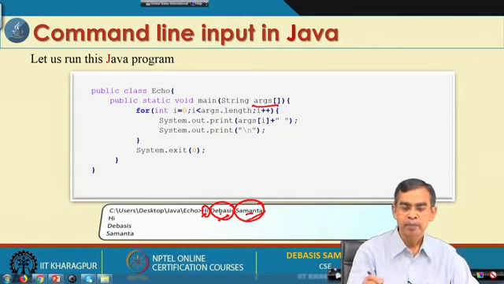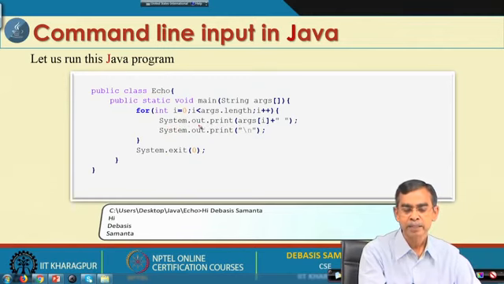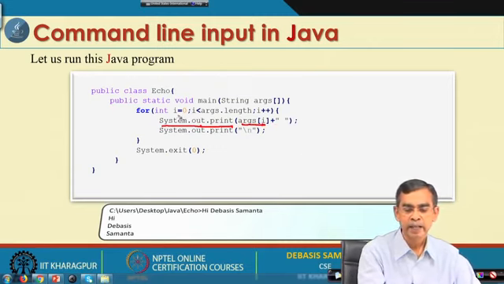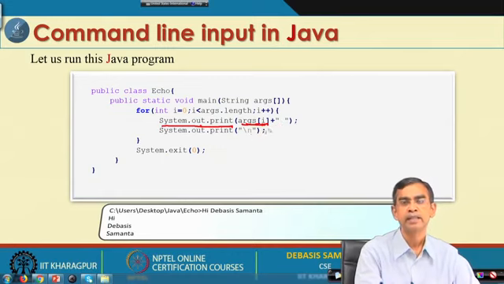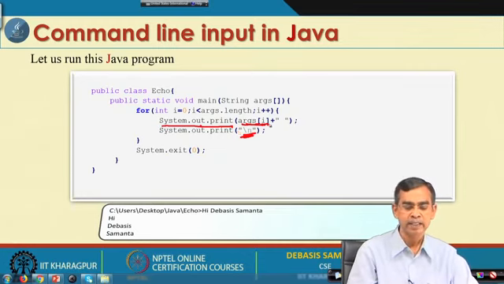So, now you come to this for loop, then this for loop starts from i equals 0, and for the first system dot out print it will print args 0 and then a space, then go to the second i equals 1, it will print args 1, then space, then it will print args 2 and the same, and finally the new line n will basically go to the next line. So, this way if you run this program, it gives the output which is shown here.